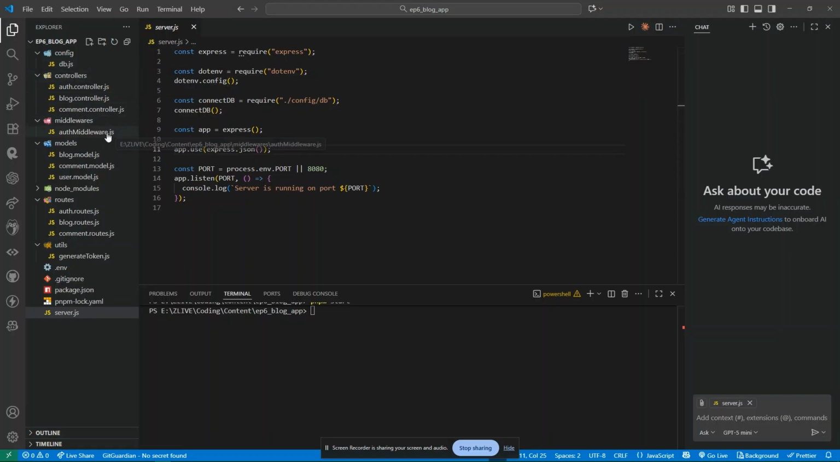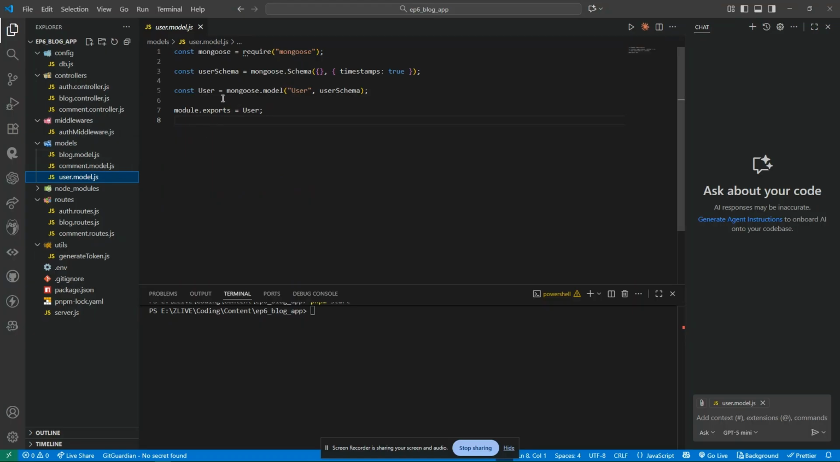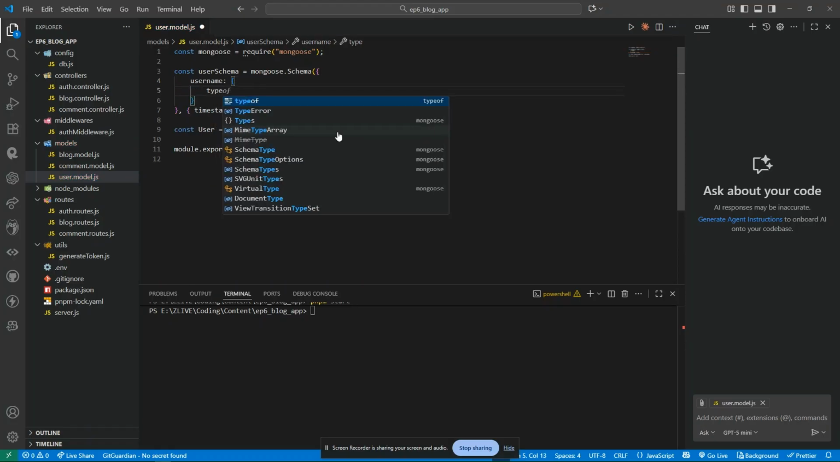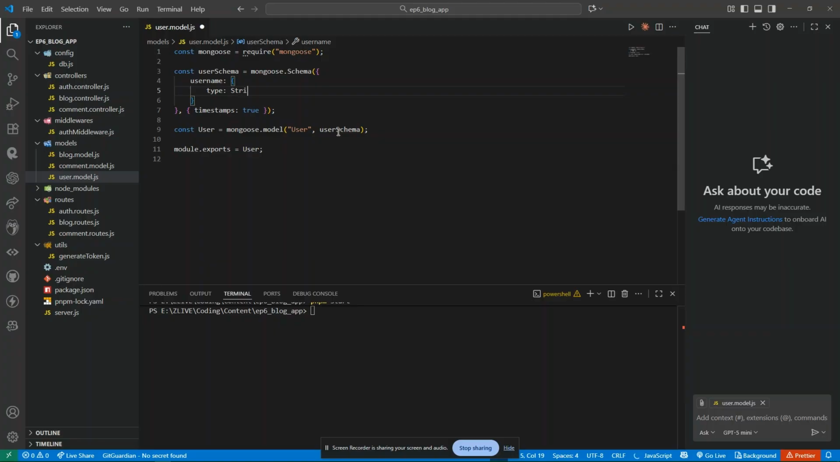now let's start with creating the model for the users. A few of the tasks have already been done. Now I just need to mention what has to be made. Let's make the username be of type string, required should be true, unique also be true,